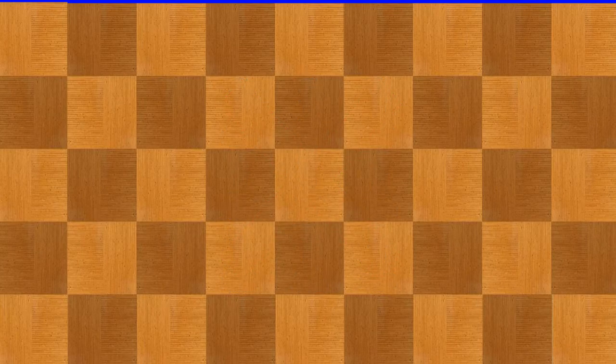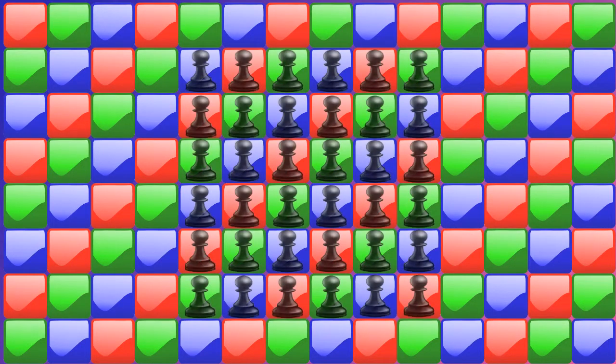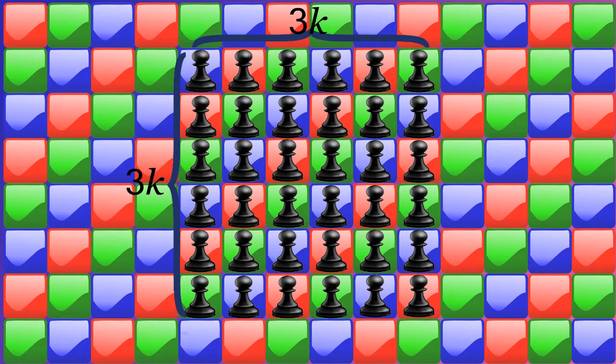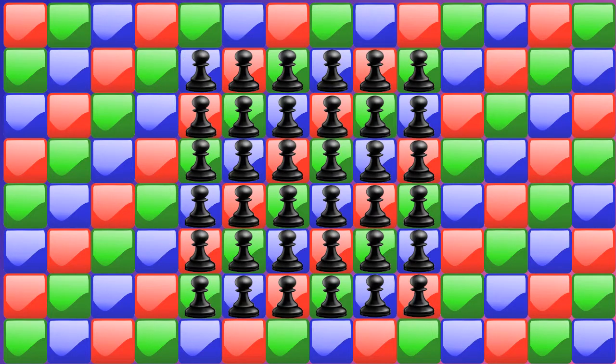To prove this, let us color our chessboard in a periodic order of red, blue, and green squares, as in the illustration. Let us consider a square of pawns of size 3k. We assume, by contradiction, that one can move the pawns in such a way that only one pawn will remain in the end. Let us denote by R, B, and G the number of occupied red, blue, and green squares,